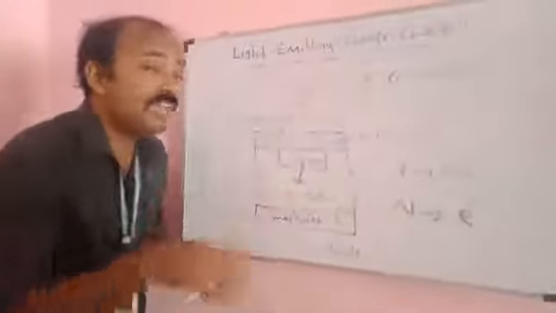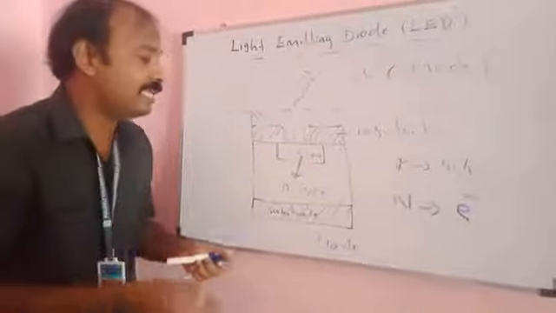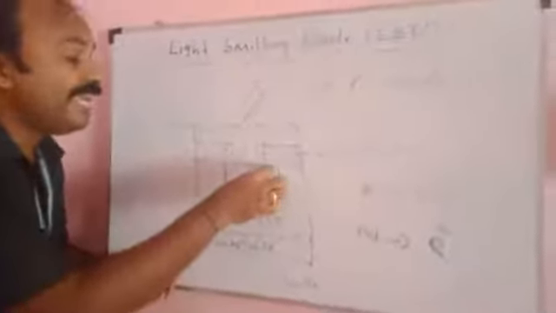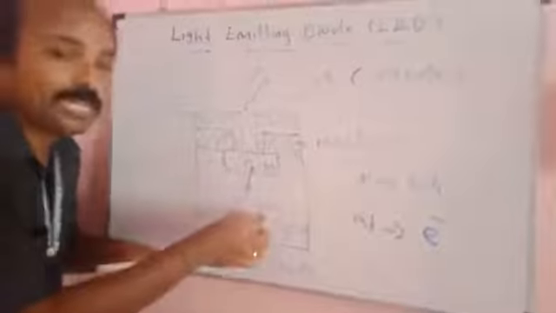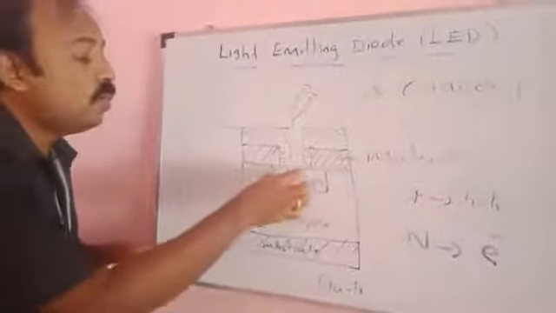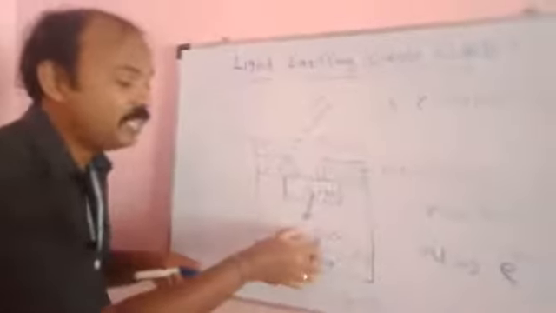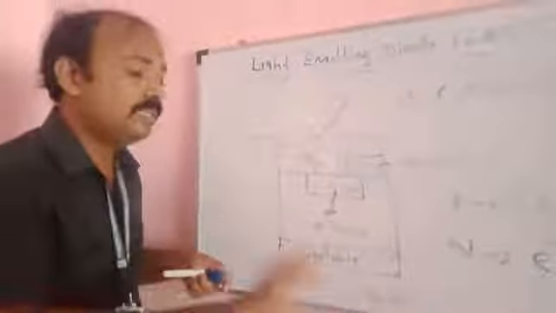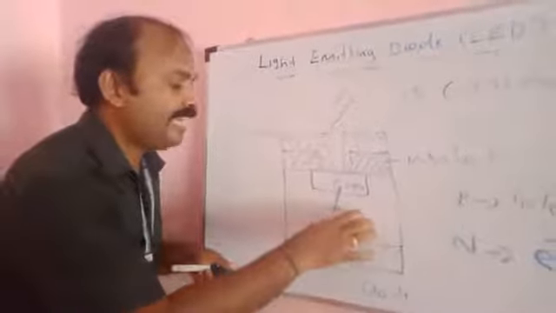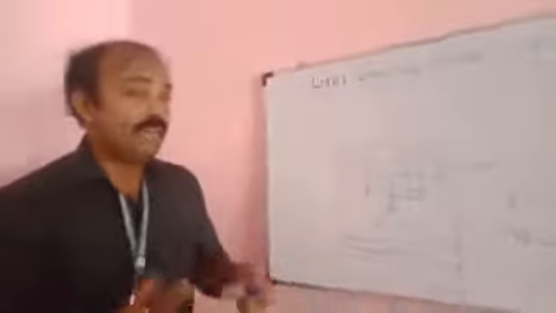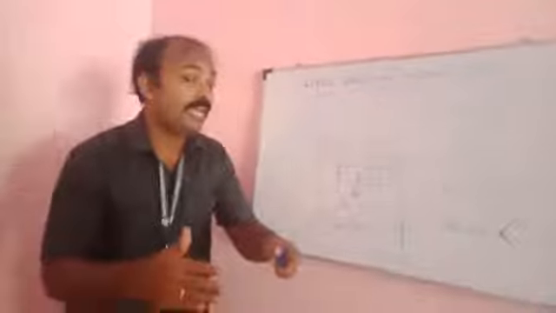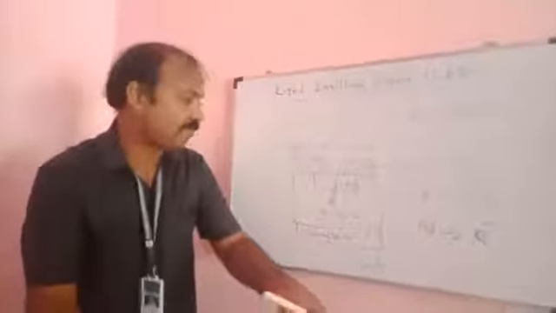That hole availability is going to increase when forward bias is provided, by way of holes entering from the P-type semiconductor to the N-type semiconductor. When forward bias is provided, the hole from P-type semiconductor enters into N-type semiconductor by way of the depletion layer. So in this particular case of N-type semiconductor, the availability of hole increases. So when that is provided, minority charge carrier increases.